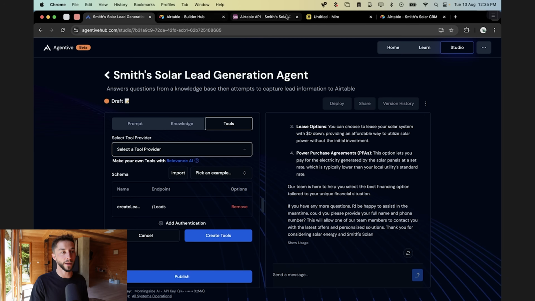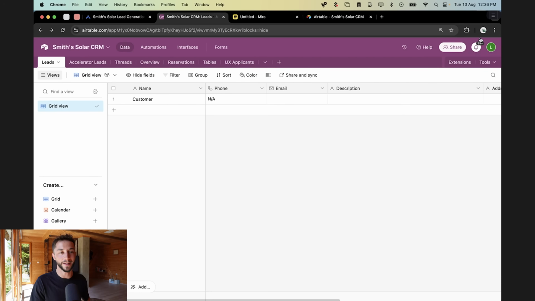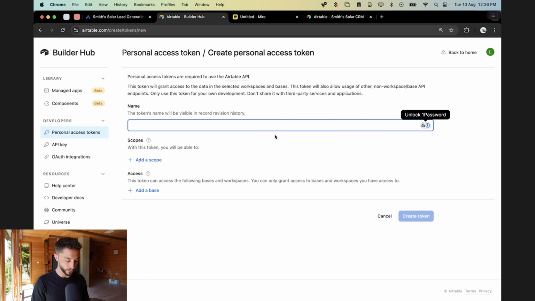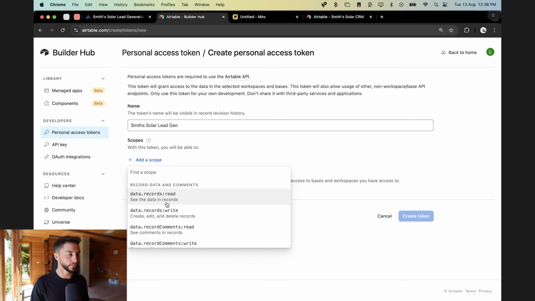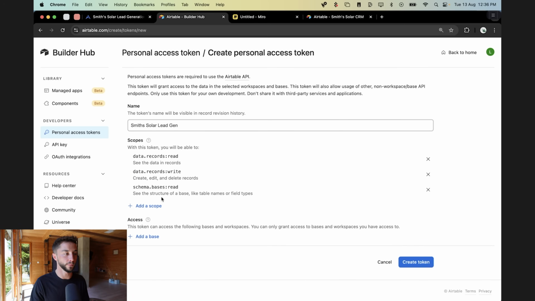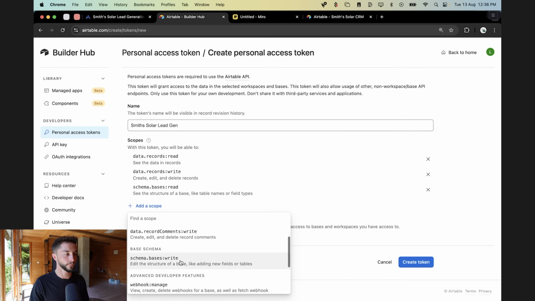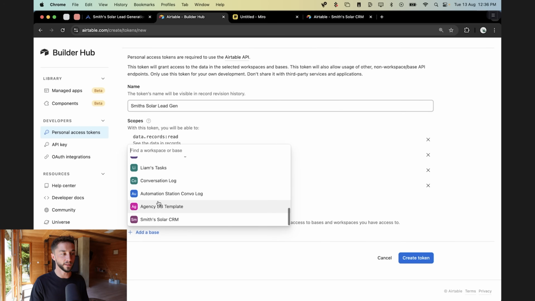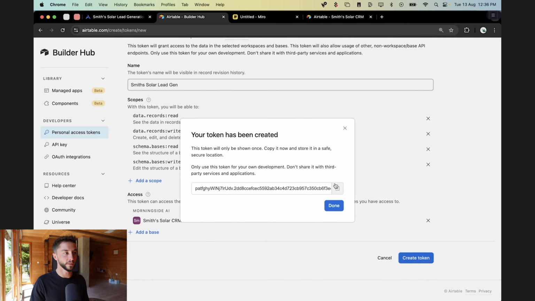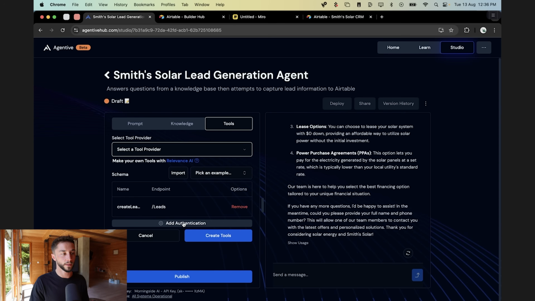So this can be done by going back to the Airtable Builder Hub. So we can come back here to Airtable, click on the Builder Hub again. And now we have our personal access token. So we can click Create New Token. We can call this Agentive Smith Solar Lead Gen. We can add a scope. Make sure you give it the schema bases read and write as well. And then the access we're going to give it is to the base that we just set up, so the Smith Solar CRM. Once we've done that, we can create our token, copy this, head back to Agentive,